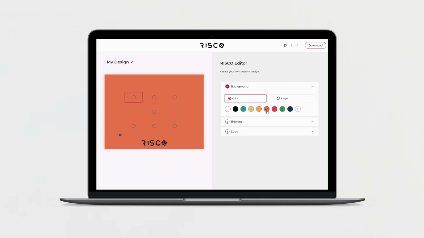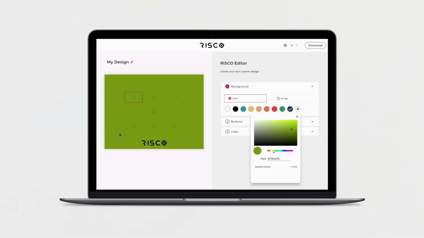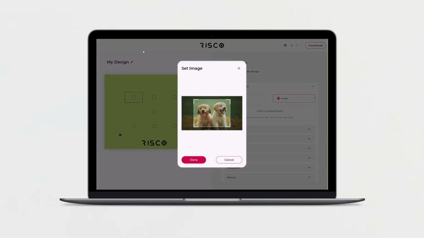You can choose one of the preset colors or pick one from the limitless selection. In case you would like to personalize the switch a bit further, you can upload photographs of all kinds that can become the background of your switch. All you have to do is click on Image, then click on the Upload Photos and find the image file